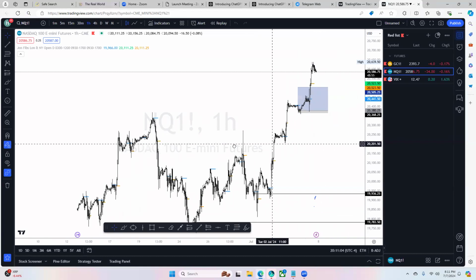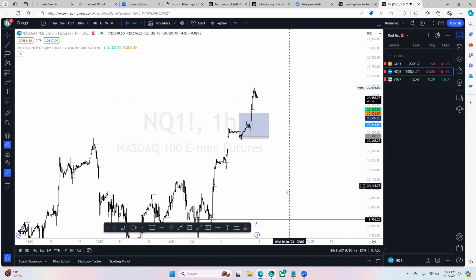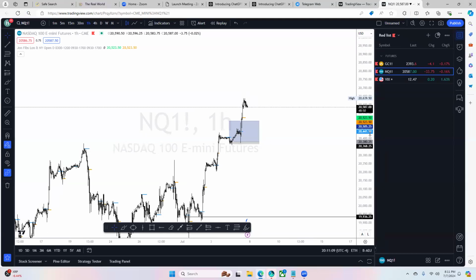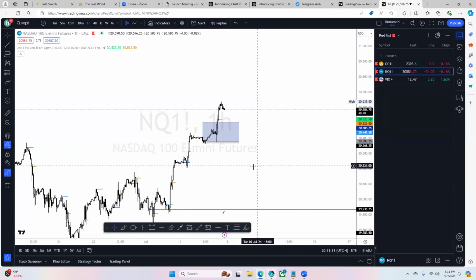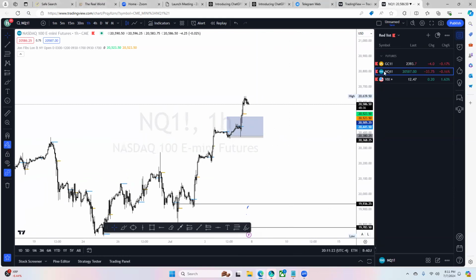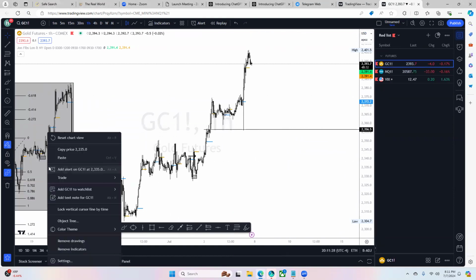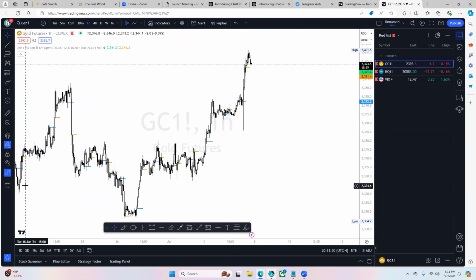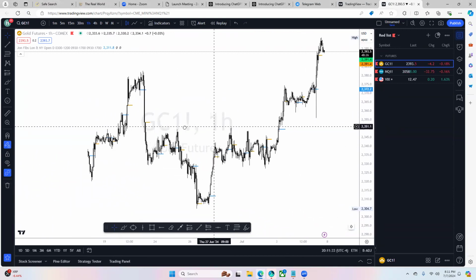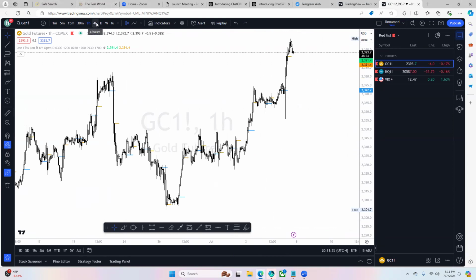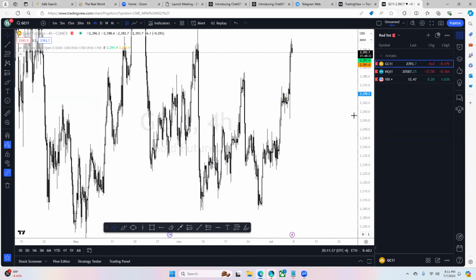This is how we're gonna mark out our charts. This is how we're gonna look at the charts when the markets are live also. So let's see if I'm recording. Yeah, I'm recording. But so first things first, we're gonna do this on gold. First things first, when you're on these charts, the first thing you want to do is go on